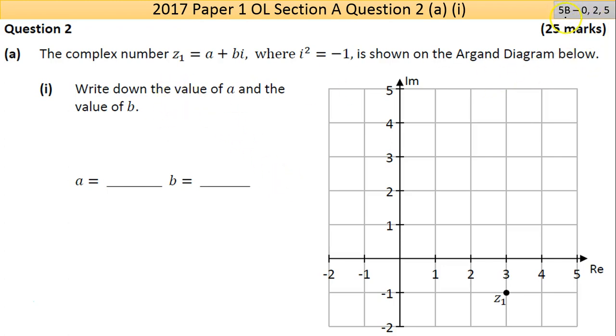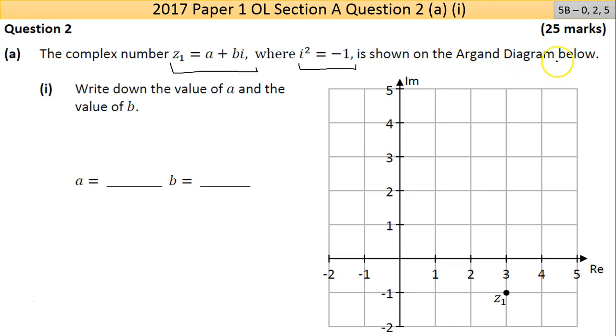This is a 5 marker, or 5B scale, so there's only mid partial: low, 0, mid partial, high partial, full marks. Now part A here, the complex number Z1 equals a plus bi. That's just telling you that it'll be in that form, so don't worry too much about that, where i squared is equal to minus 1. You may or may not need it in a different question, but this will help you get out of a situation. If you see i squared appear, you can swap it. And you're shown a blank